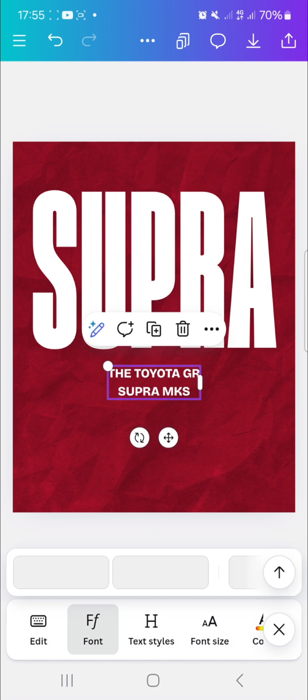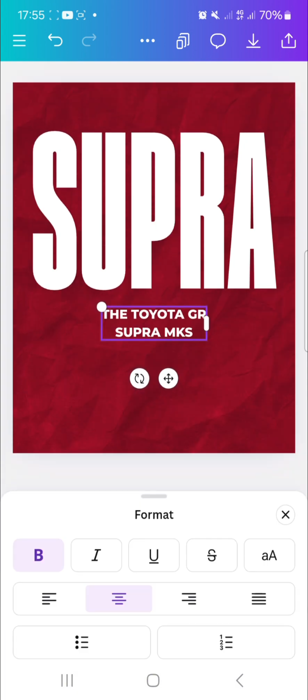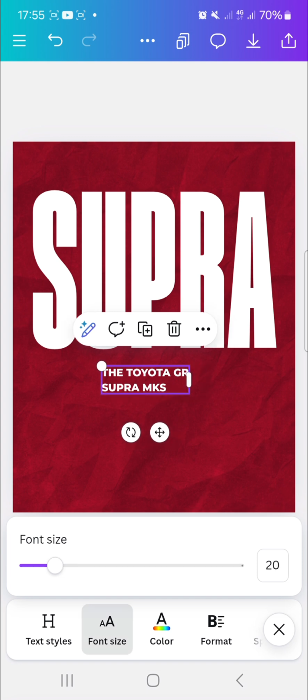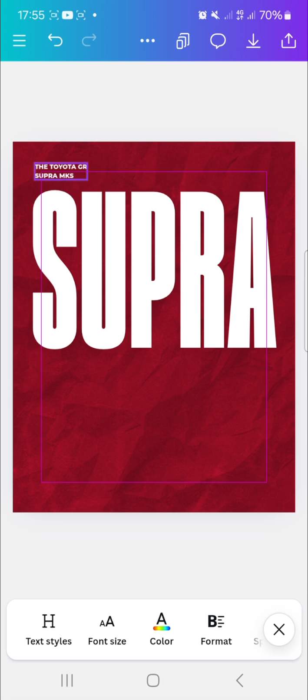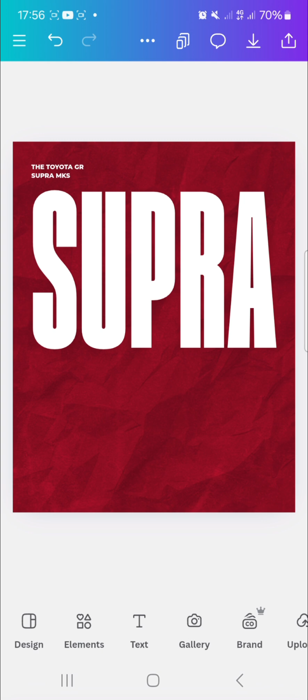We are going to change our font to Montserrat. Montserrat is our major font for this design. We are going to change our alignment to right, and then we are going to reduce our font size. 12 is fine. We can move it to the top. This is fine. And then we can duplicate this,